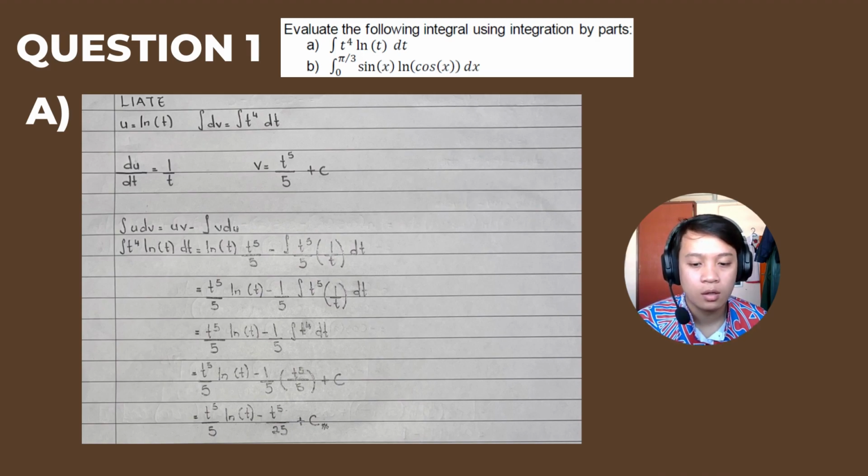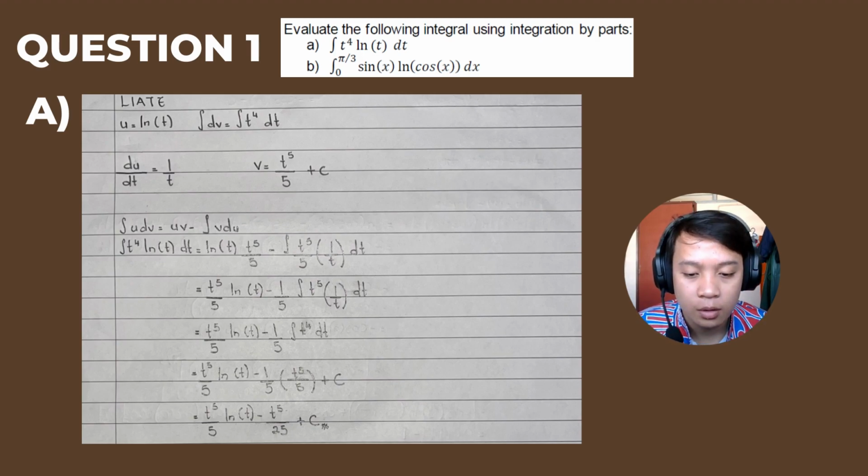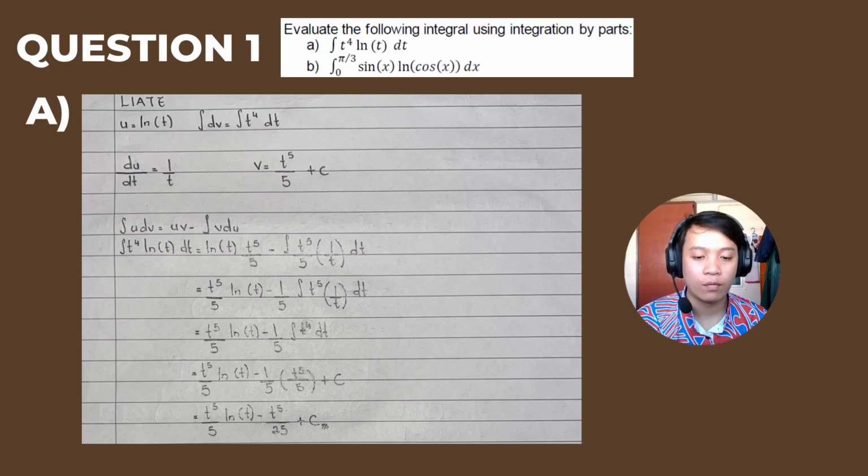After that, using the formula integrate u dv equal to uv minus integrate v du, we just substitute all that we did just now. So the next step is t to the power of 5 over 5 ln t minus 1 over 5, which I take out from t to the power of 5. So we will get